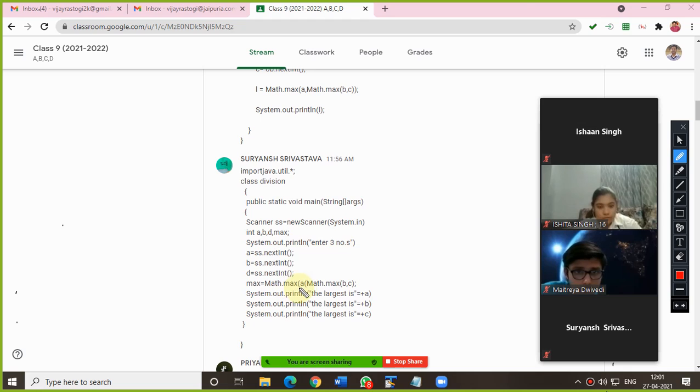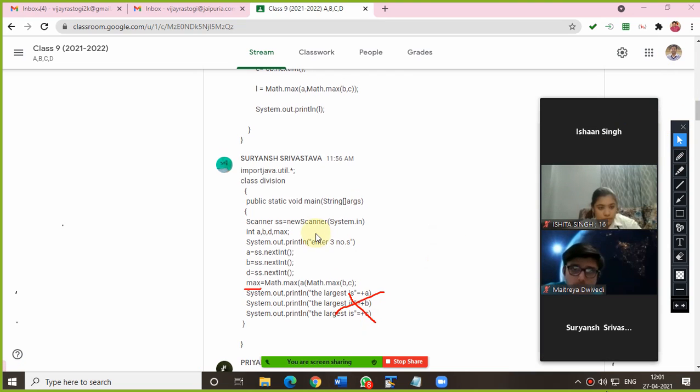In Math.max, after a there must be a comma, and before the last semicolon there must be one more closing bracket, and you don't have to print A, B, C. Only one is the largest, max. The printing is wrong. Am I clear on this? Sir, after a comma, we have to make a bracket also. That is up to you. No, that is wrong. Please do the correction.